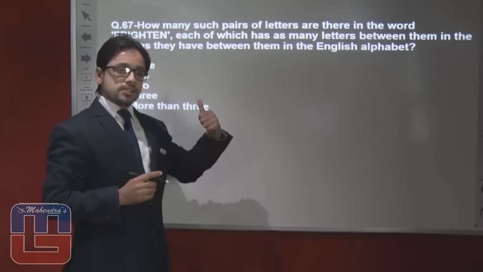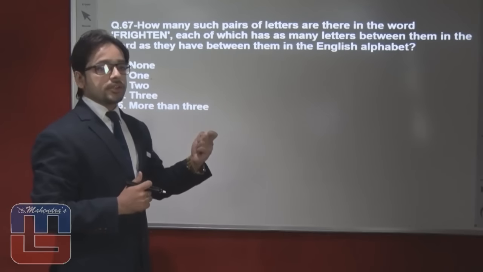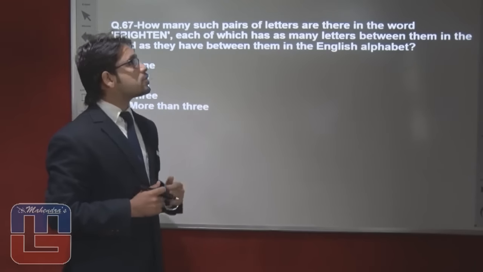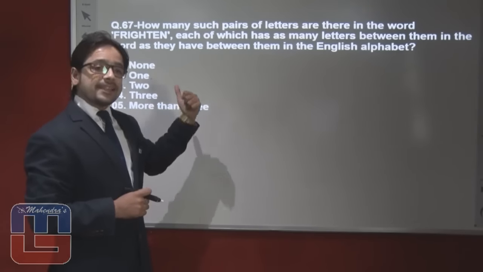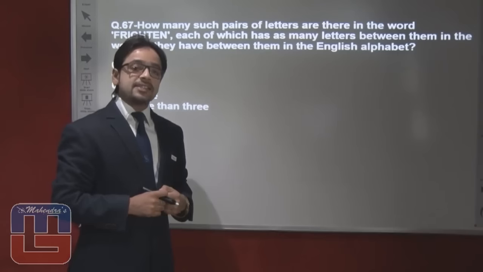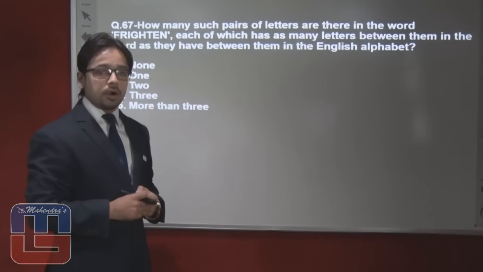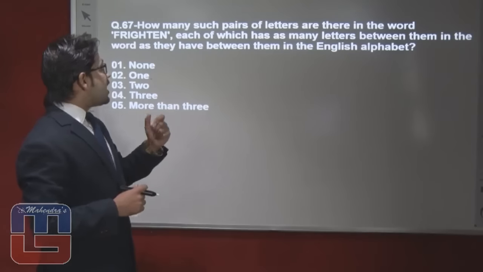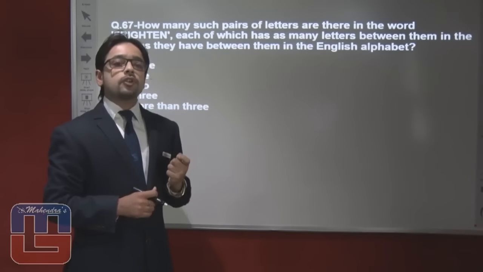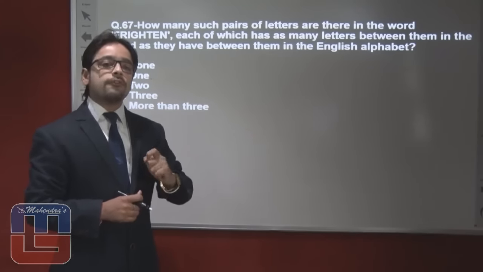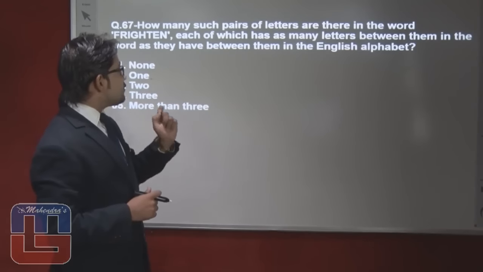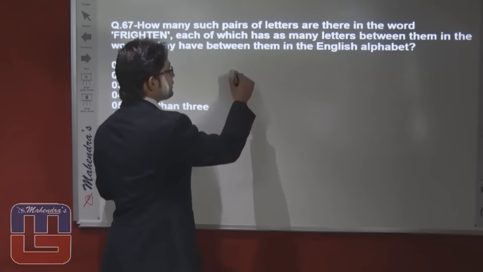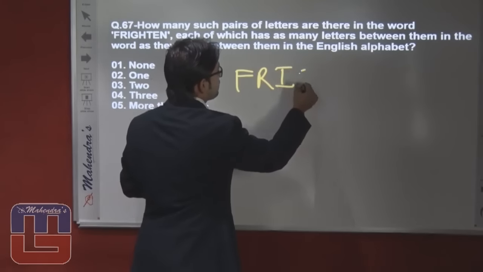As you can see here on your screen, this question is also based on alphabetical series. We have to find out how many such pairs of letters are there in the word frighten, each of which has as many letters between them in the word as they have between them in the English alphabetical series. While answering this type of question, you have to remember the place value of every alphabet. So that will be beneficial for you while answering this type of question. So let's check it. Word is frighten